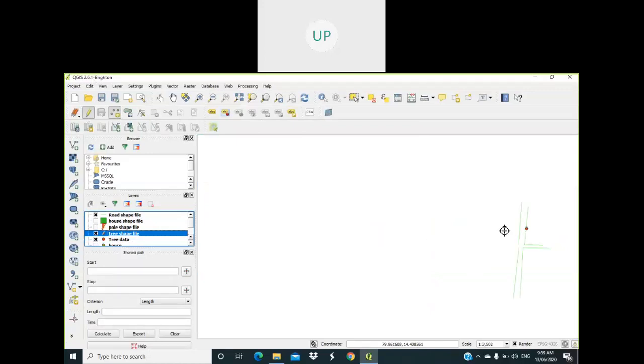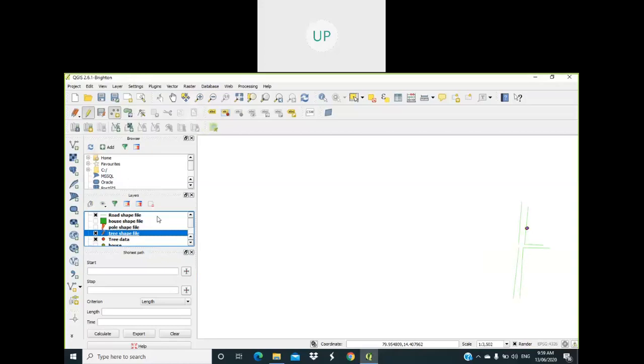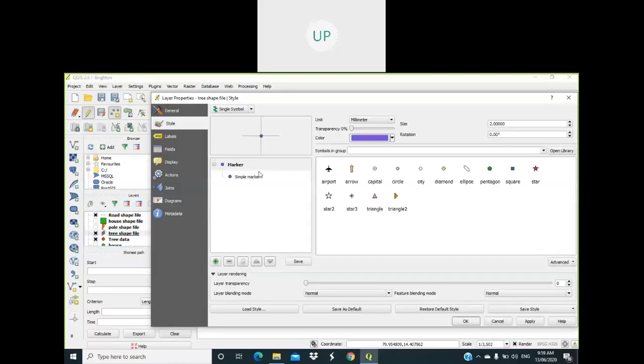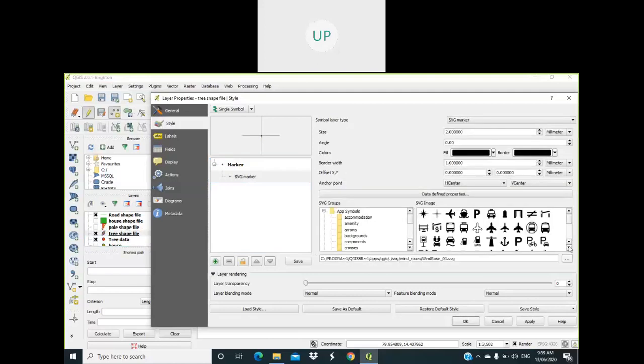Add feature. Properties. So similarly, simple marker. Here SVG marker. So here we are giving the tree shape.